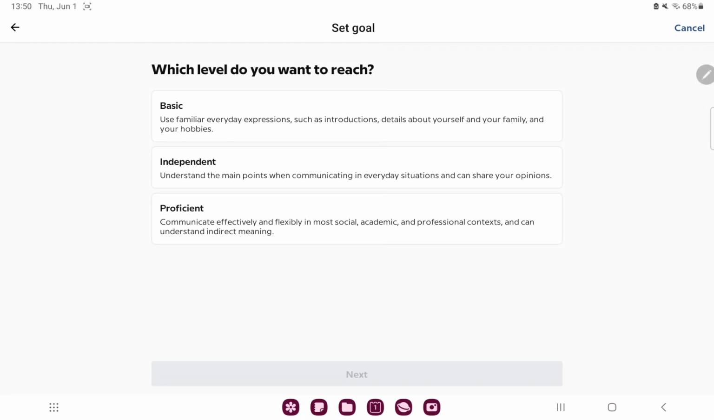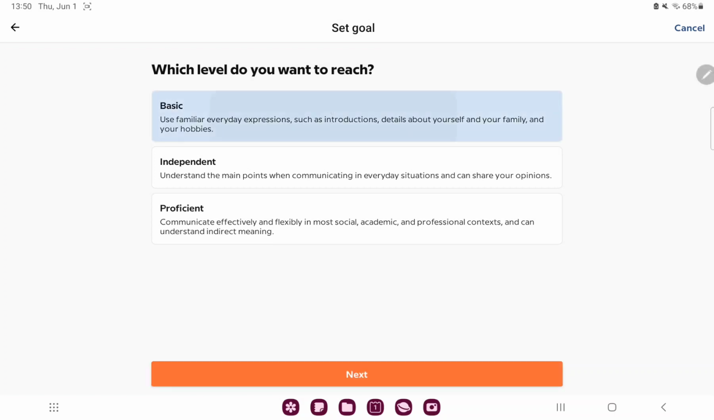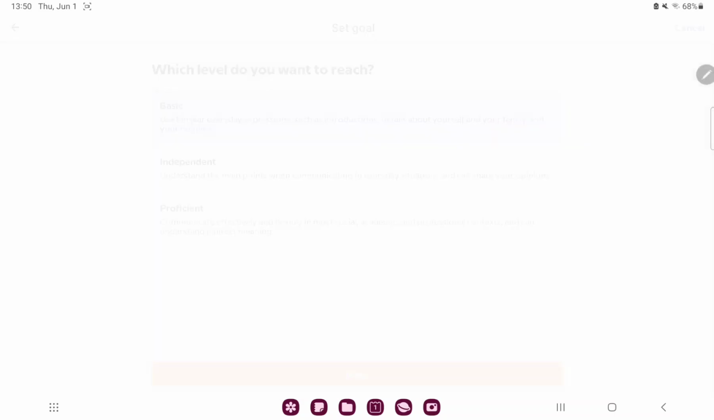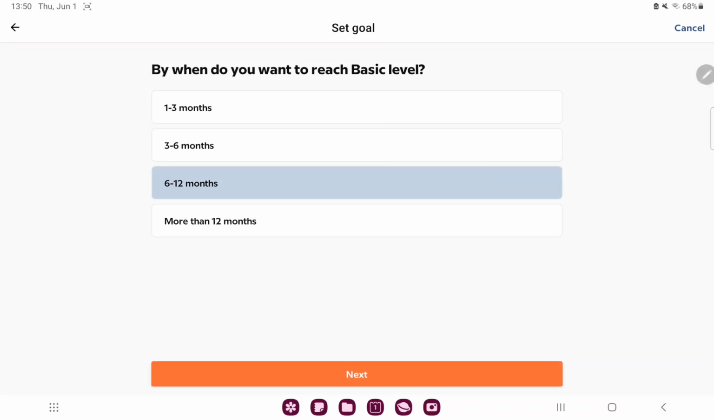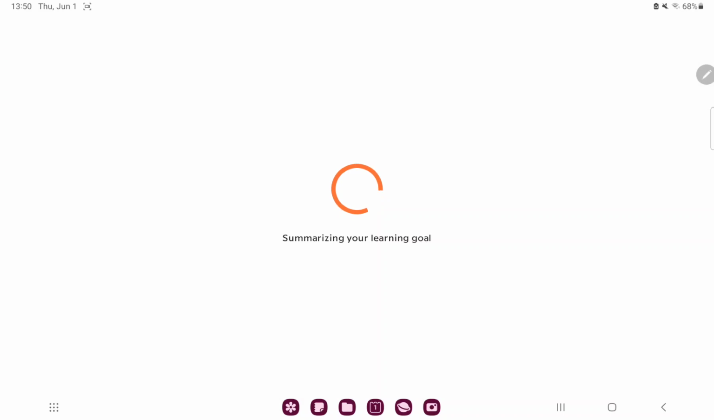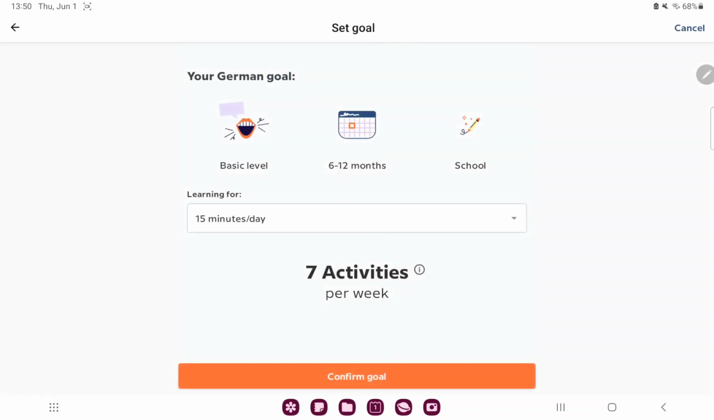Here you can select your level: basic, independent, or proficient. Just select one and go to the next button. Here you can select time. Just select one and click next, and click the confirm goal option,